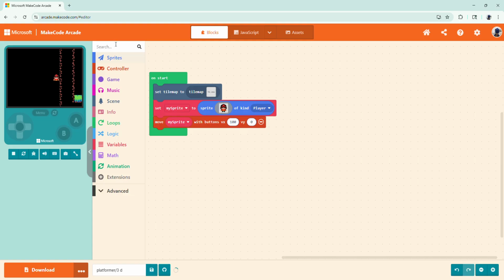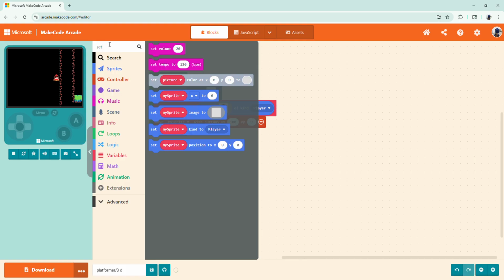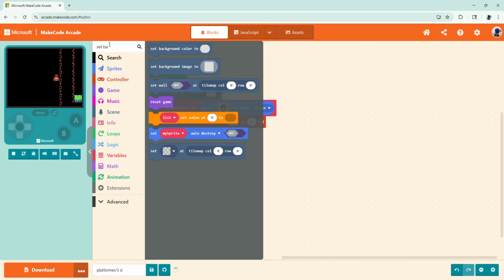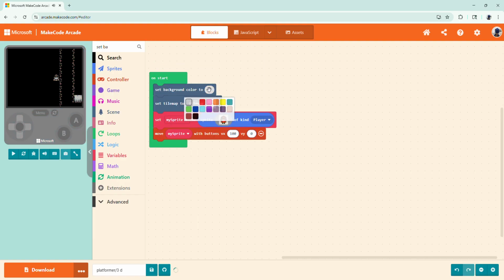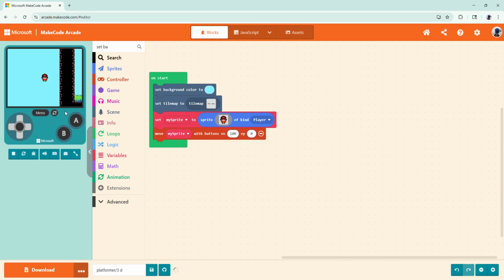And the background's nothing, so we're gonna change the background to blue. Set background color to light blue, and then as you can see now it's light blue, but nothing's happening, and that's because we need